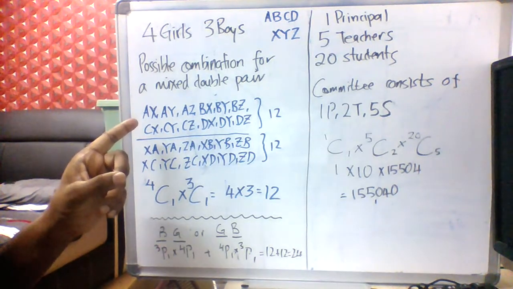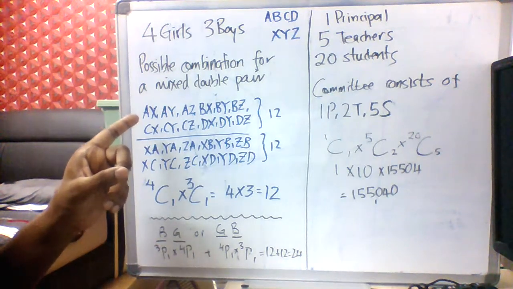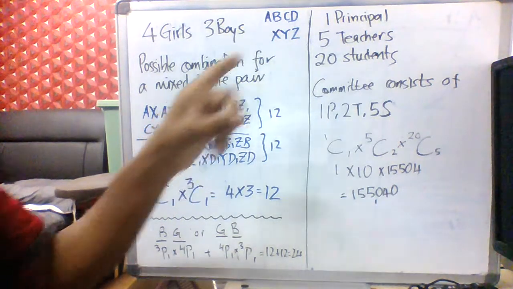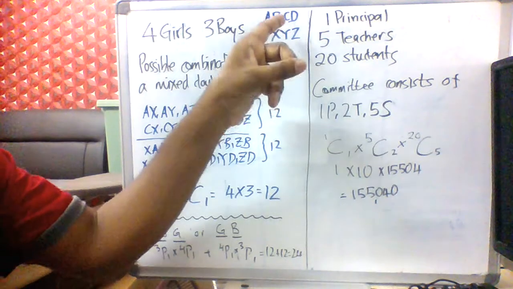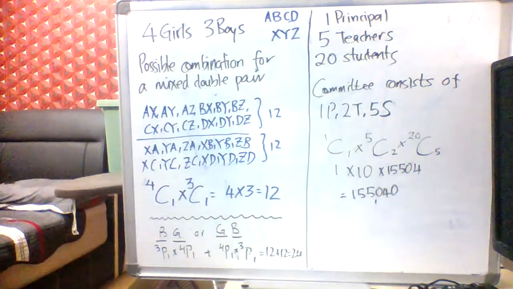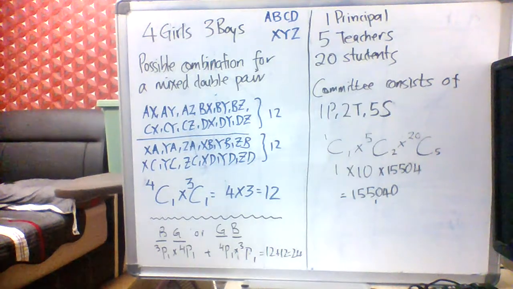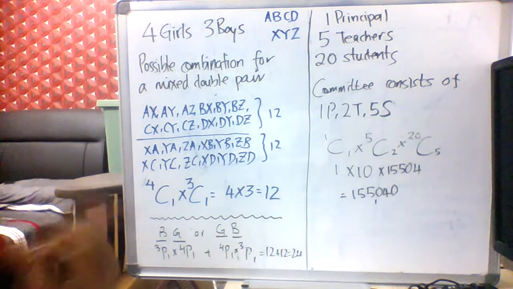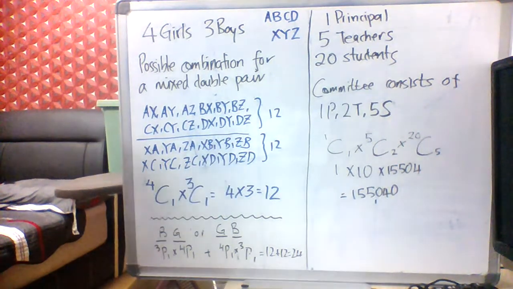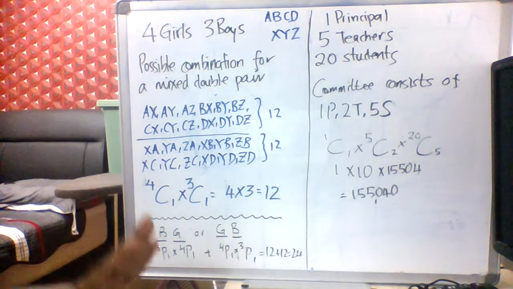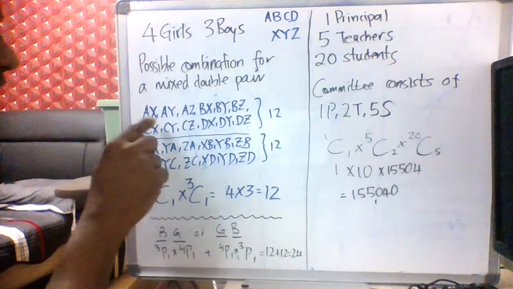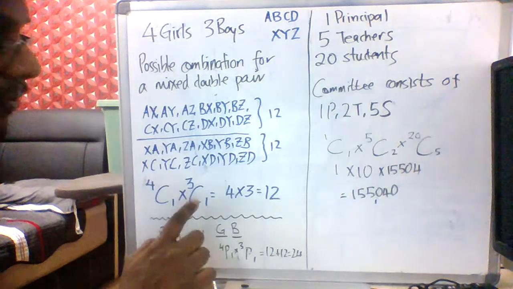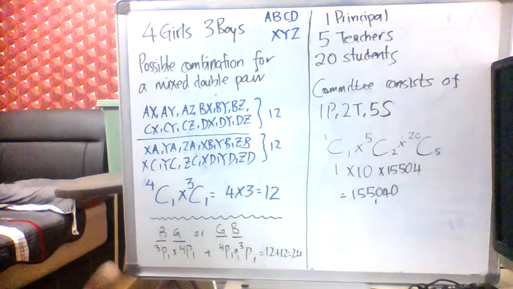For each girl, we will have AX, AY, AZ, and then BX, BY, BZ, CX, CY, CZ, DX, DY, DZ. These are the only possible combinations we can have. For each one girl, they can have 3 different partners, and because there are 4 girls, 4 times 3, you have 12 possible combinations. Now, remember previously, if the order is important, the AX can also be written as XA, correct? So we actually have 24 here,